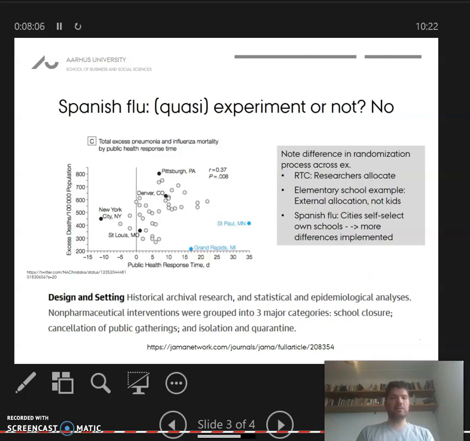So in any kind of naturally occurring experiment, whether it's in elementary schools or the Spanish flu, try to pay attention to who are these people or schools or cities or companies that are in different treatment groups. How did they get there? And a natural experiment is simply defined by it was something that happened in nature. And the elementary school example is then not quite clear on that. I mean, it wasn't researchers that did it, but